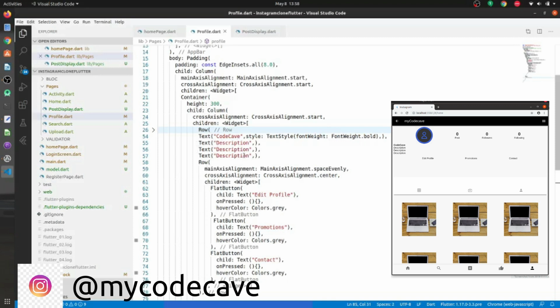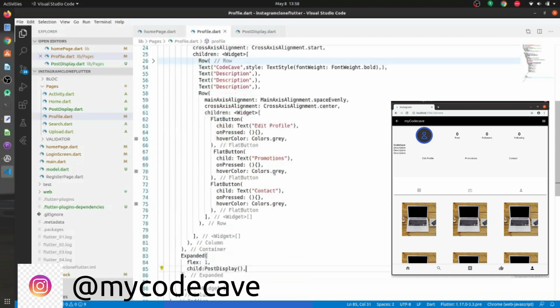These are hardcoded things, but in future when I add the backend part, everything will be dynamic and will come from a database. The database will be either Firebase, but I am not thinking of adding Firebase because I wanted to show you how we can use WebSocket for real time updates. I will think about whether I should use Firebase or WebSocket. You can comment down below which one I should use.